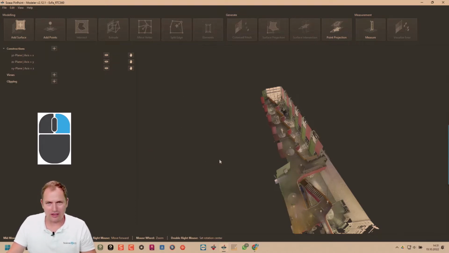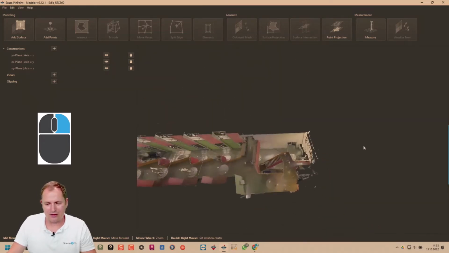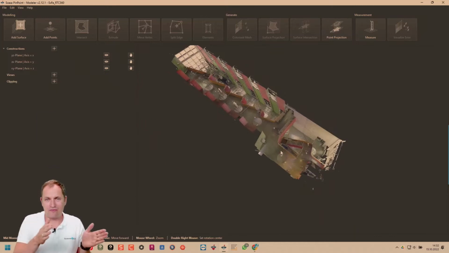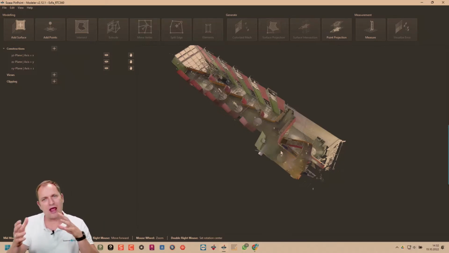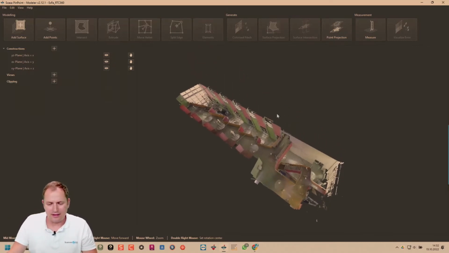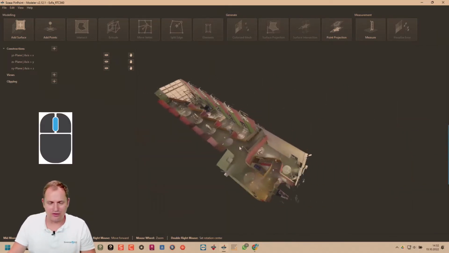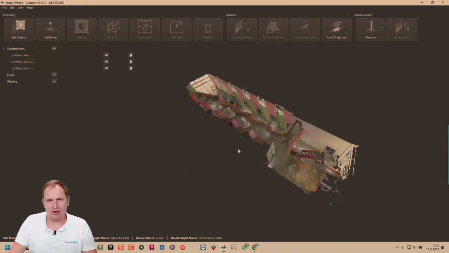So if I hold down the right mouse button and move my mouse around, I can directly look around and spin around. We are in a panorama view now, so we're looking to the left and to the right, up and down and so on. We can change this to rotate around the target. If we set a focus point or a rotation point, then the object will rotate around us. Then we have the middle mouse key. If we hold down the middle mouse key, we can move our project to the left, to the right, up and down.